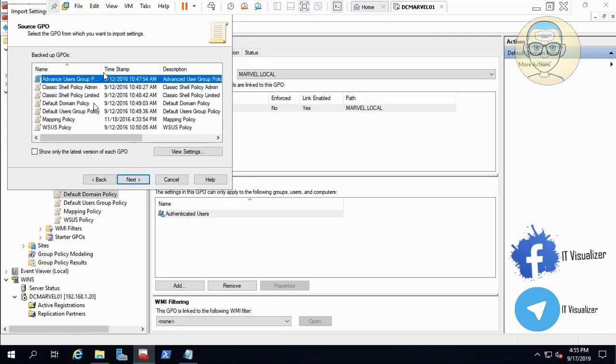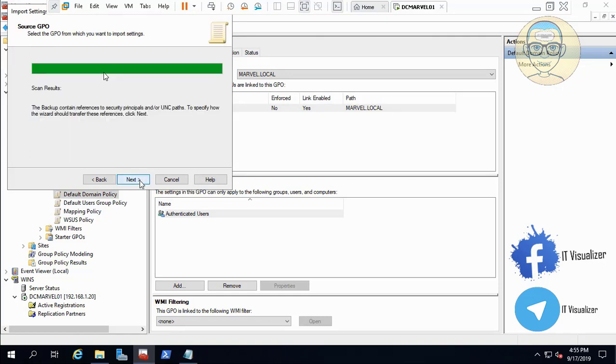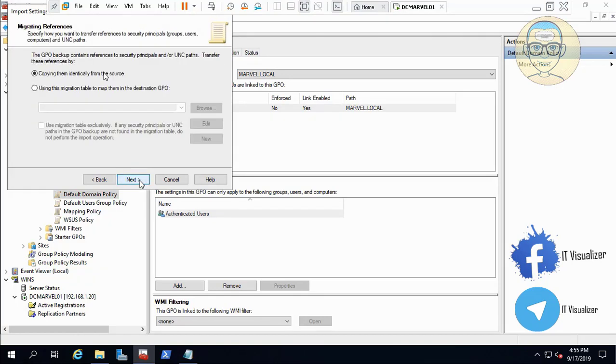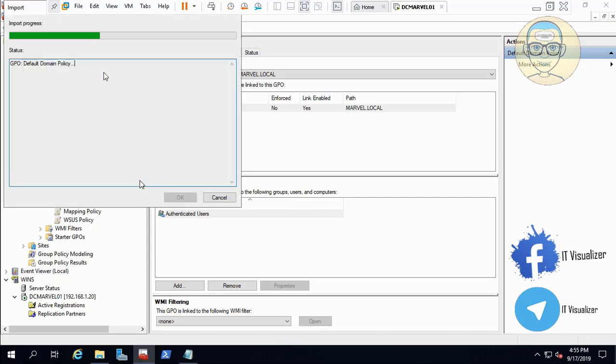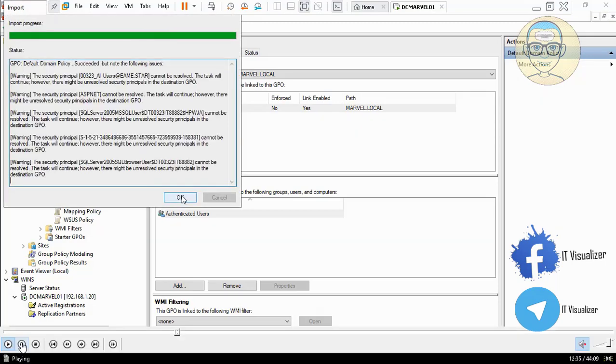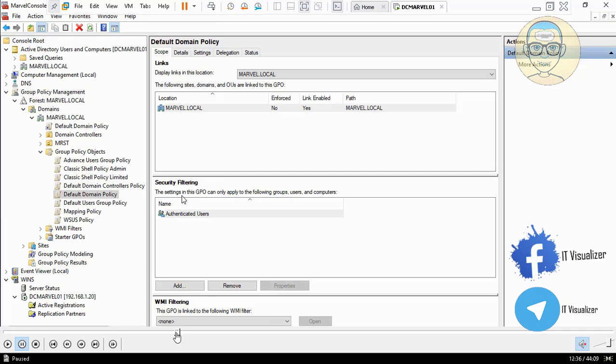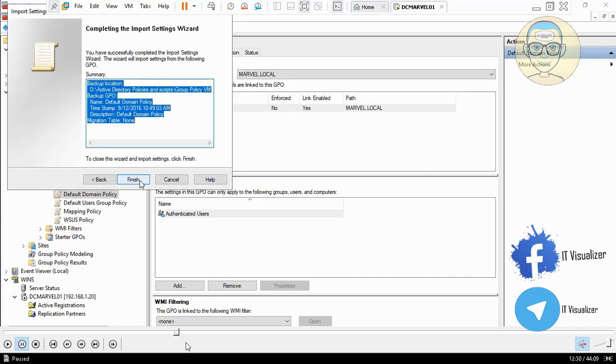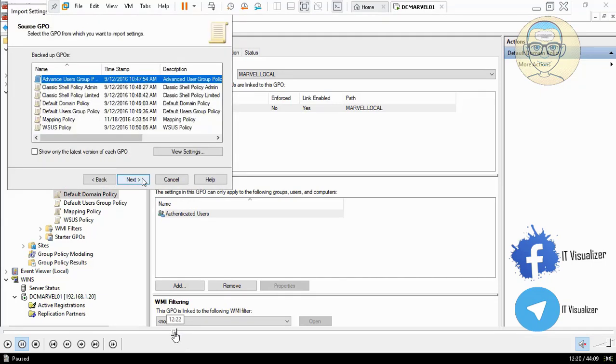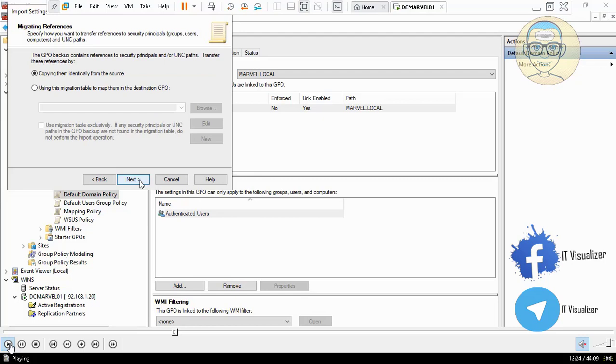So here we have the default domain policy. Take care, as I said before, we need not do this step because it is very dangerous, so you need to make it one by one. But here I will import it because we are in a lab. So here we can see that some errors have appeared. If we import the default domain policy, next, then next,